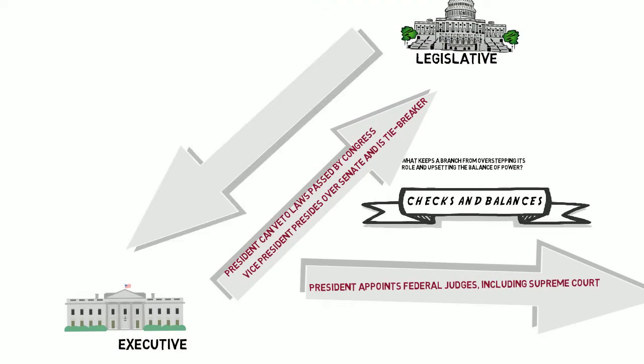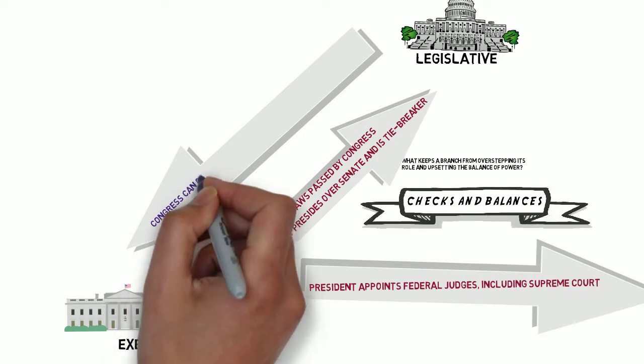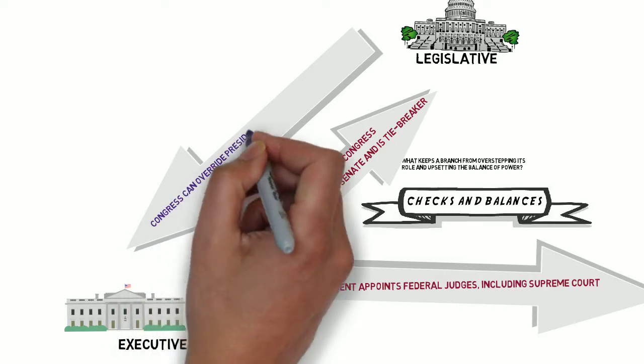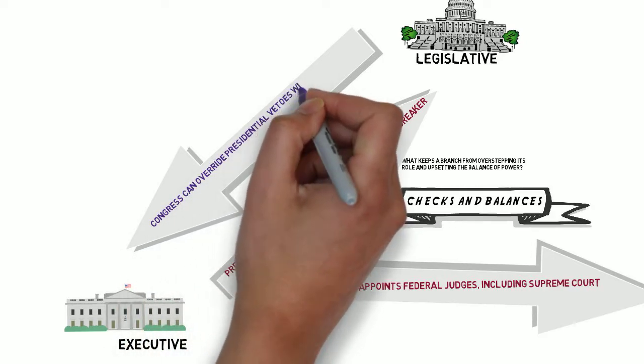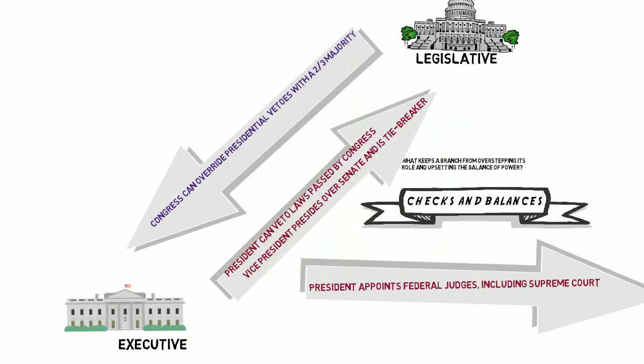Now let's look at the legislative branch and see in which ways it keeps a check on the president and the executive branch and also the court system. So let's use an example. Let's say that Congress passes a bill that they feel is absolutely necessary for the good of the country, but the president, for whatever reason, chooses not to sign it and vetoes that bill, so it does not go into